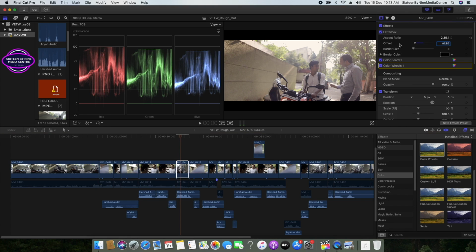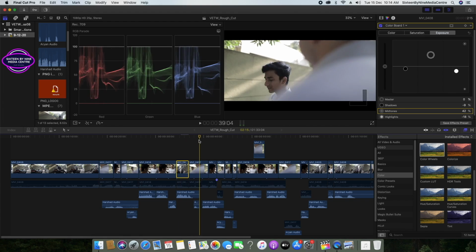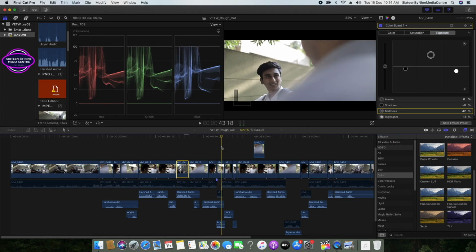Now I can go and tweak this a little bit. I think I can reduce a little bit of exposure. I can decrease the highlight a little bit more. Otherwise it is fine. Everything else is fine over here. Okay. Now let me find another shot from the same angle.